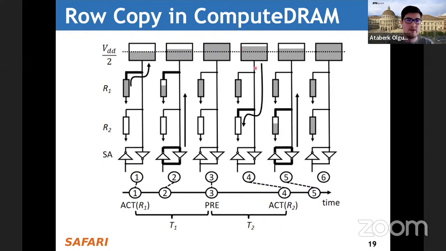As you can see in the diagram, the bit line will be closer to half VDD, but it will still have some excess charge because the pre-charge process was not complete yet, because we violated timing parameters. The second activate command will enable the second row. Since the bit line still has some excess charge, this will overwrite the value that was in the row that we just activated. So we have done the copy operation the way RowClone proposed, but by inducing undefined behavior.